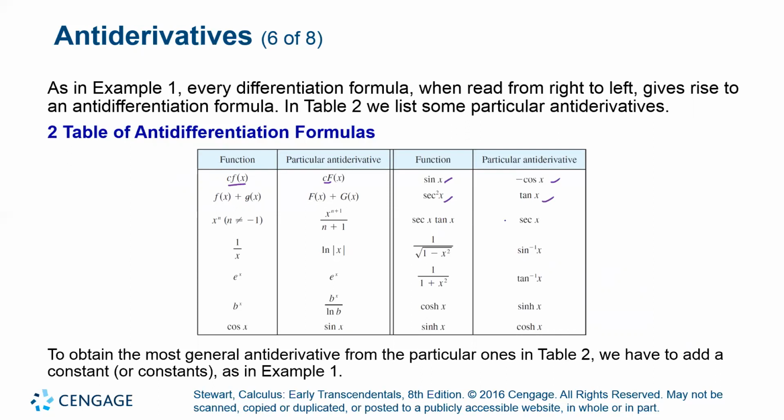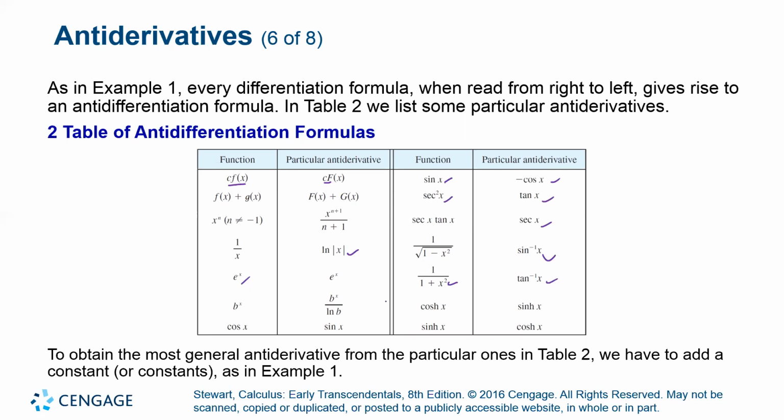Secant tangent, the antiderivative is secant. Arctangent of x, if you differentiate, I get 1 over 1 plus x squared. Then the arcsine, and the antiderivative of e to the x is e to the x. The antiderivative of 1 over x is